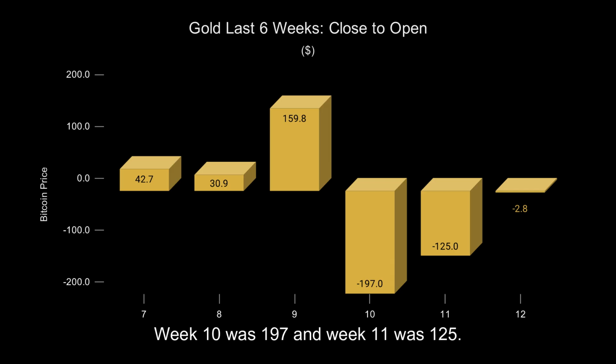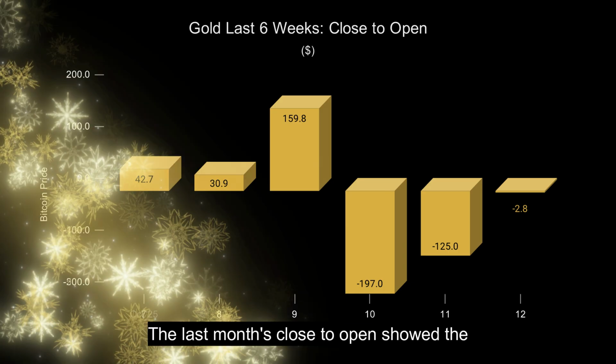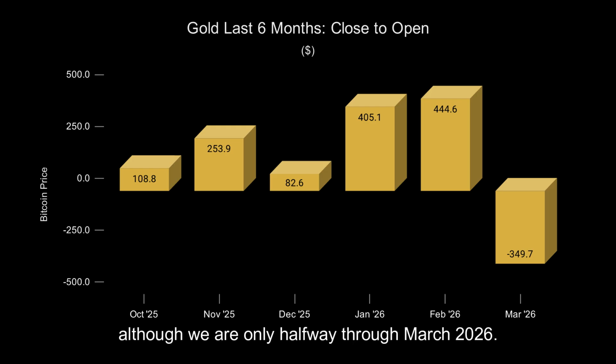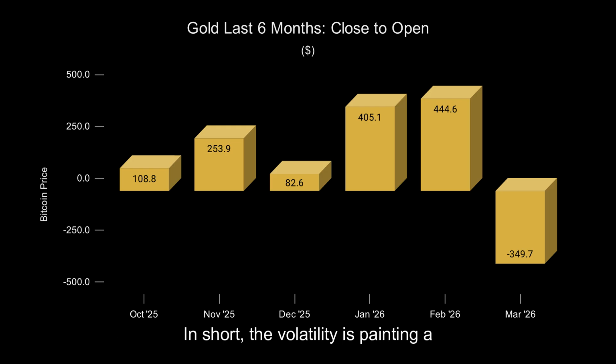Week 10 was 197 and Week 11 was 125. If the current week, Week 12, can push higher, then we can see some buying coming in. Last month's close to open showed the first negative close to open in 6 months, although we are only halfway through March 2026. In short, the volatility is painting a continued picture of compression, while gold continues to work